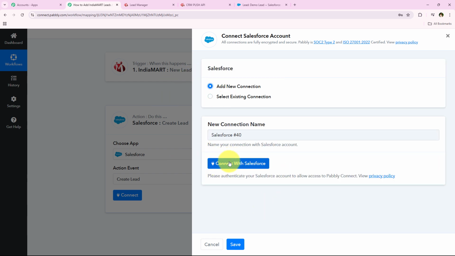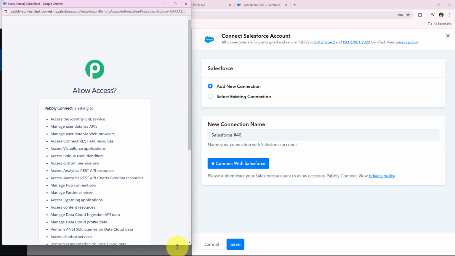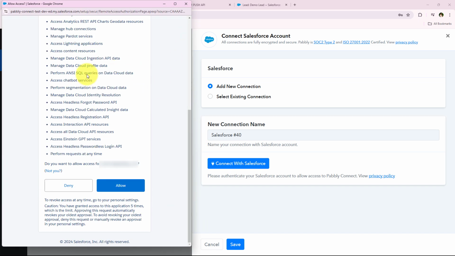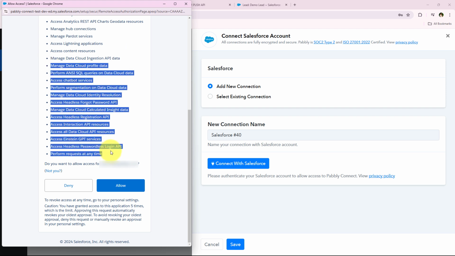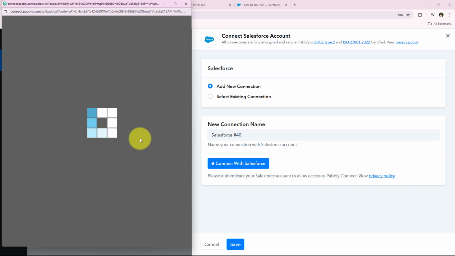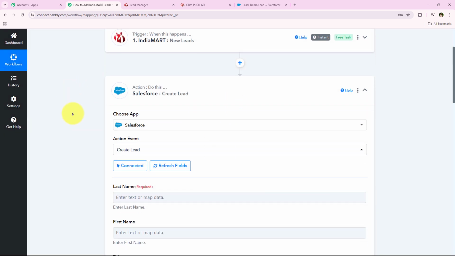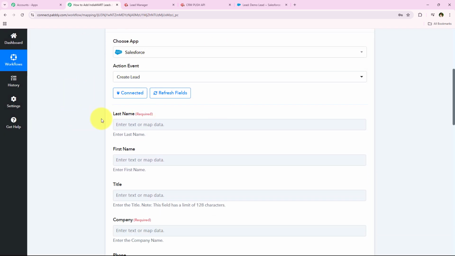and once again we have to click on this blue button which says connect with Salesforce. As soon as we click on this button, over here you can see that Pabbly is asking me for some permissions. So I'm going to click on allow and give Pabbly all the permissions it is asking for, because my data is secure with Pabbly. You can also click on allow, Pabbly is safe right over here. Okay, and as soon as we click on allow, yes, you can see authorization successful. We have successfully connected our Salesforce account with our